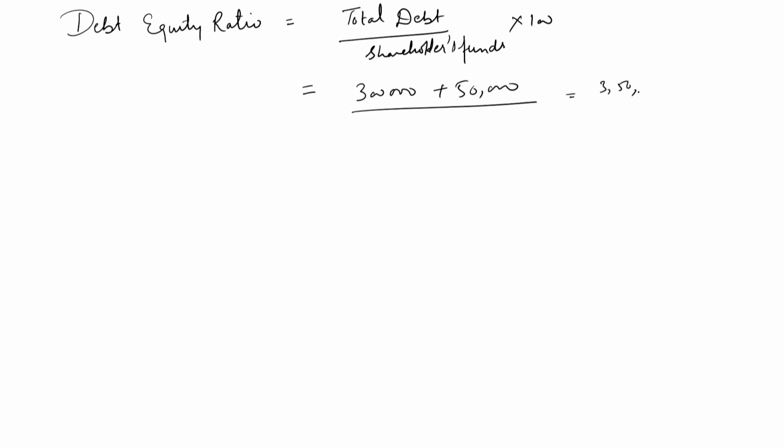So it comes to 3 lakh of debentures and 50,000 of long term loans, the total amounting to rupees 3 lakh 50,000, to be divided by shareholders fund, which is equal to equity share capital, which is 5 lakh, plus preference of 2 lakh and reserve and surpluses 1 lakh. So total comes to rupees 8 lakhs, multiplied by 100. So it comes to 43.75%. This ratio implies that the dependence of the company on equity share capital is more as compared to the debt source of financing. Moving ahead with the proprietary ratio,